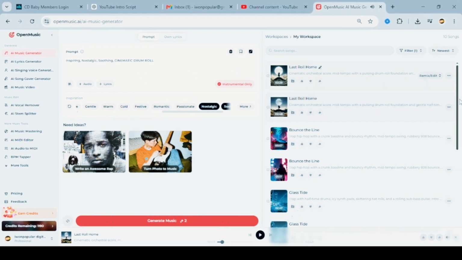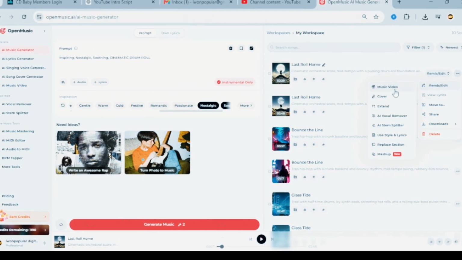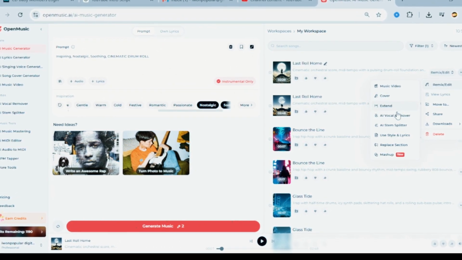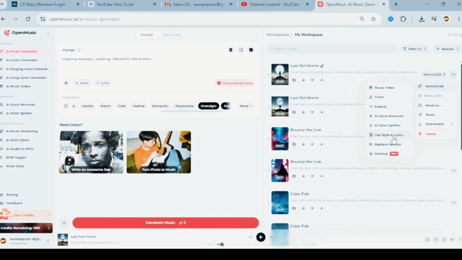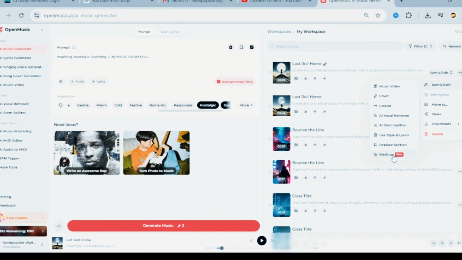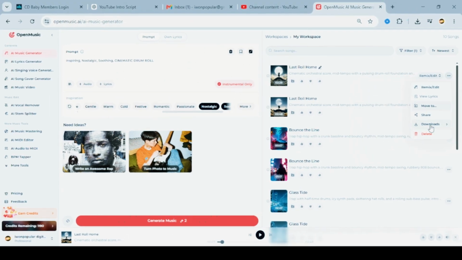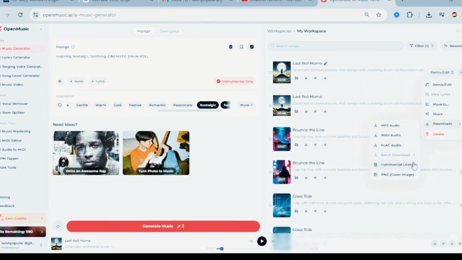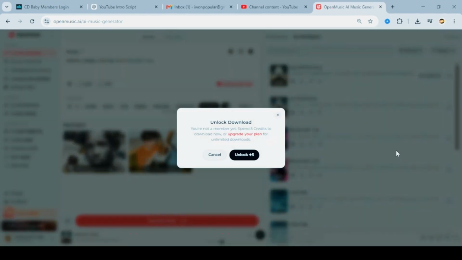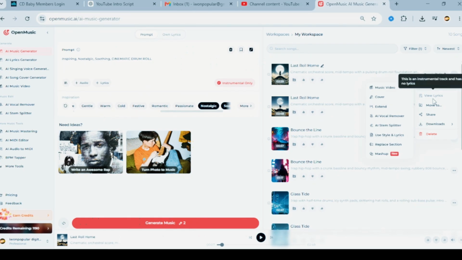One good thing about this, you can download it. You can remix it to form a music video or a cover. You can extend it as well. You can also do an AI vocal remover on this same audio. You can also AI stem split this same audio. You can also use style and lyric. You can also replace some section in the audio. You can also have a mashup, and you can download as MP3, WAV file, FLAC. You can also have a commercial license of this same audio so that you can use it across all streaming platforms,